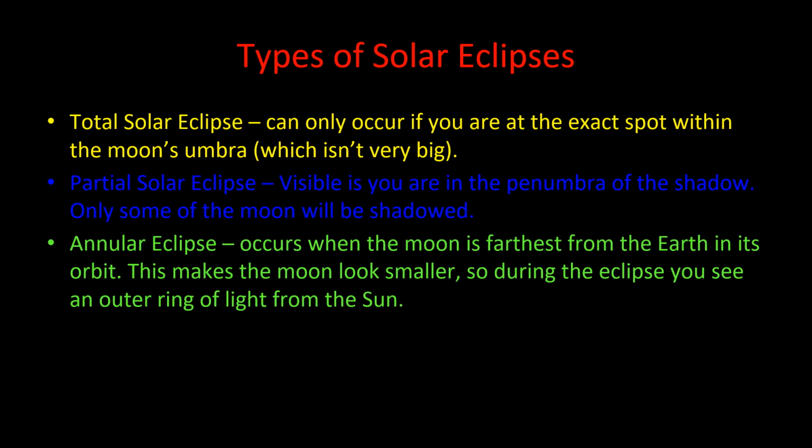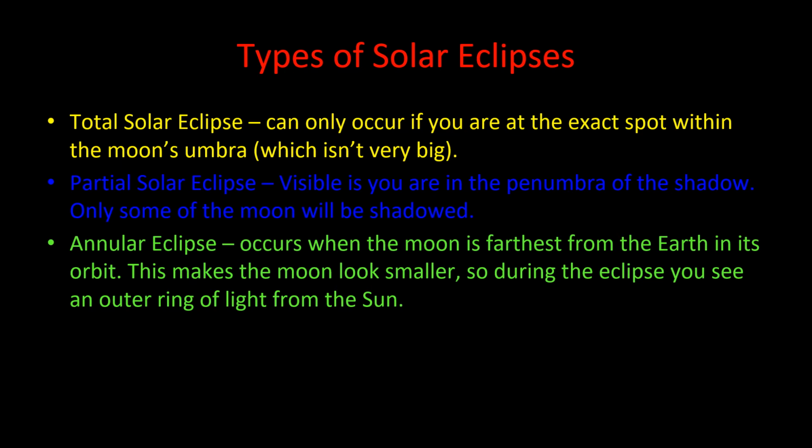These are the three types of solar eclipses. A total solar eclipse can only occur if you are at the exact spot within the moon's umbra, which isn't very big. A partial solar eclipse is visible